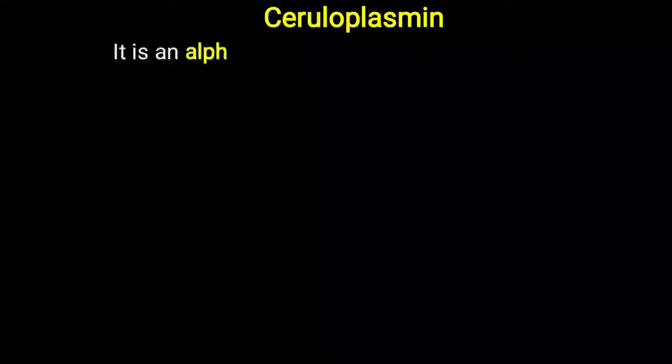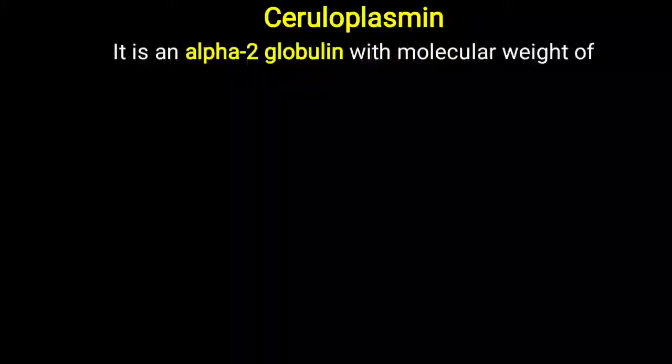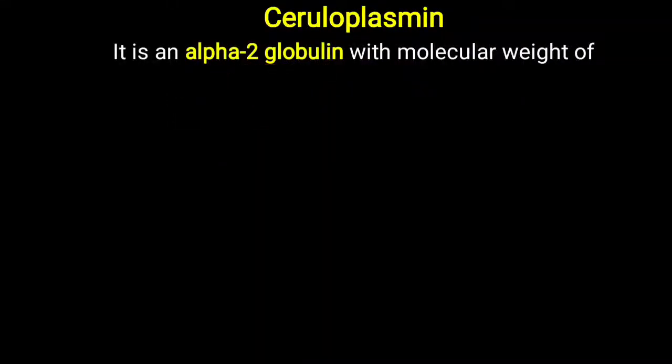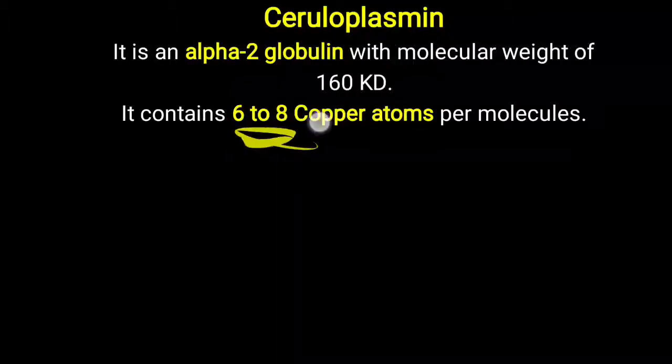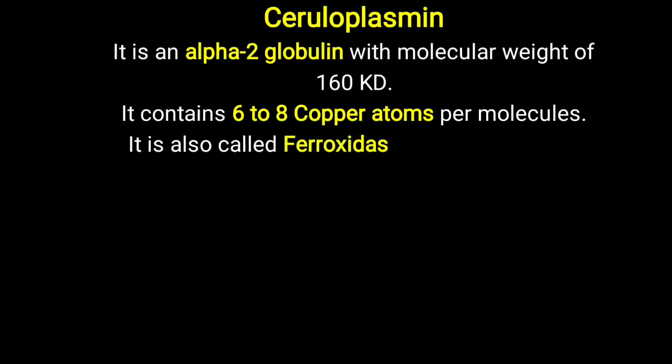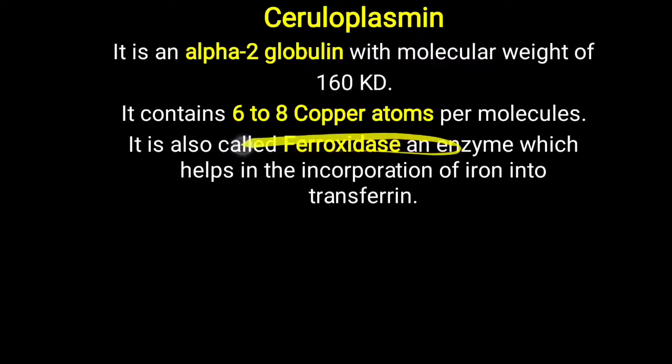Further, one more important acute phase protein is ceruloplasmin. It is an alpha 2 globulin, same as alpha 2 macroglobulin, with a molecular weight of 160 kilodalton. It contains 6 to 8 copper atoms. C for ceruloplasmin, C for copper. So it contains 6 to 8 copper atoms per molecule, and it is also called a peroxidase, an enzyme